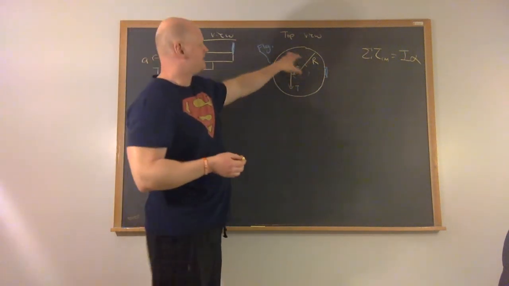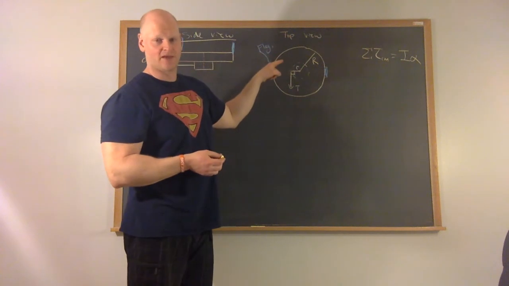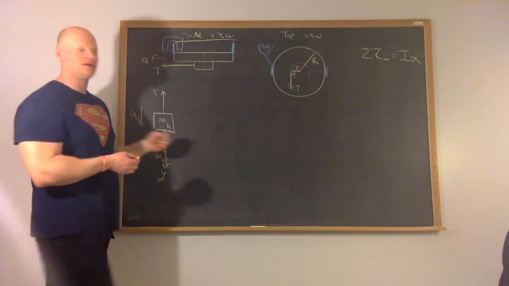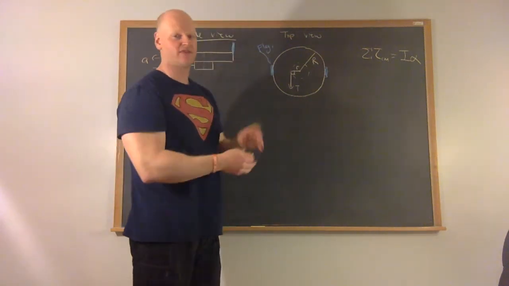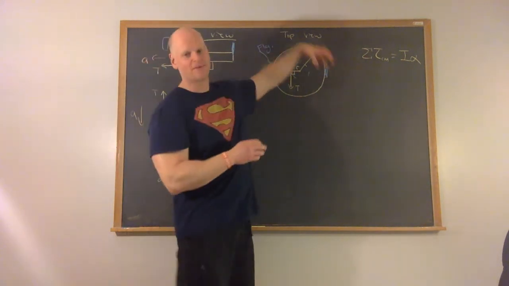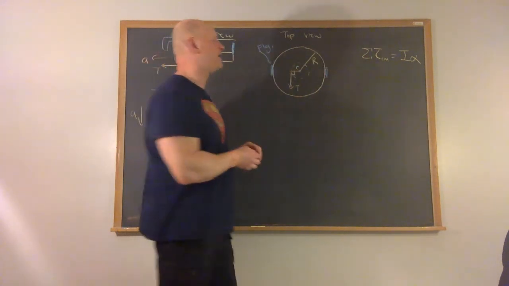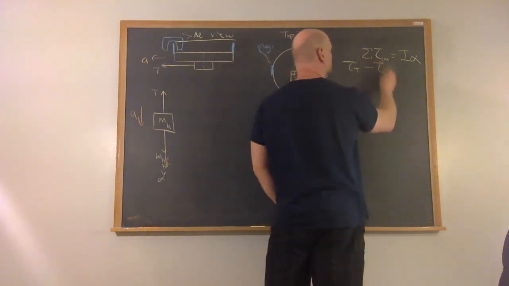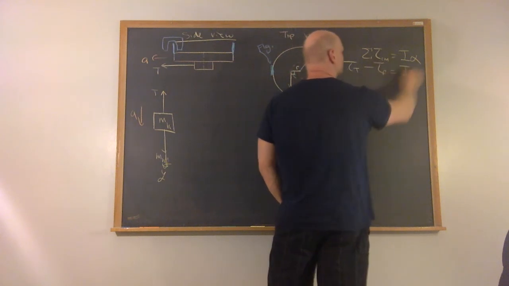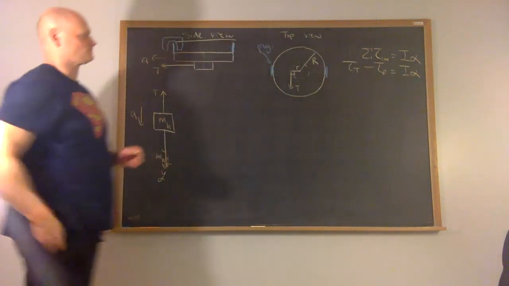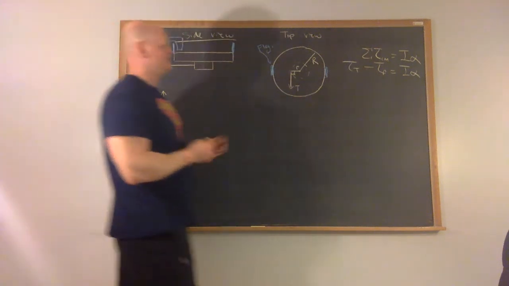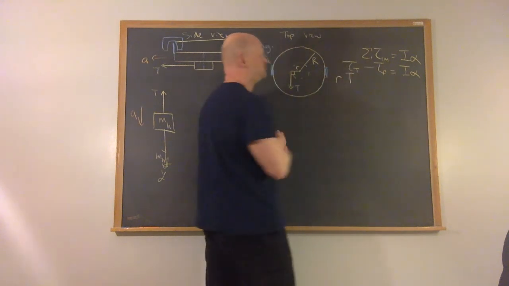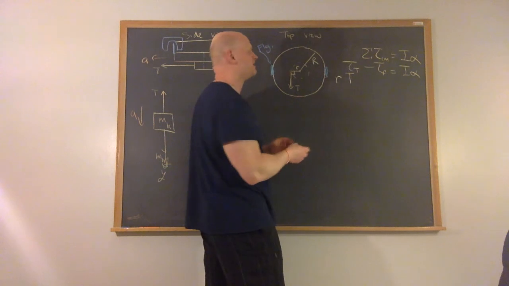This is going to cause it to rotate in the counterclockwise direction, which will be a positive torque. But since we have a frictional torque, hence we're looking for m star here, we're also going to have to subtract off that frictional torque because it acts in the opposite direction, which would be a clockwise rotation. So we have the torque by the tension minus the torque by the friction, equal to the moment of inertia times the angular acceleration. The torque by the tension is simply the distance at which this is acting, which is little r, times the tension, times sine of 90, which is simply equal to 1,